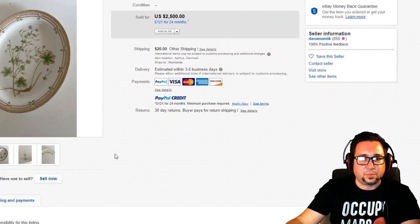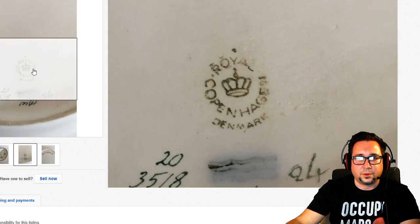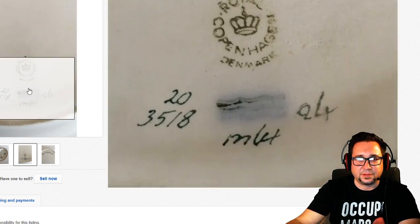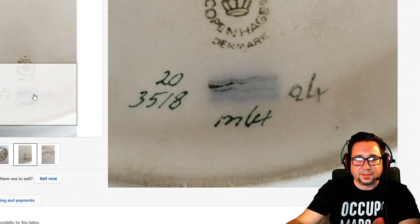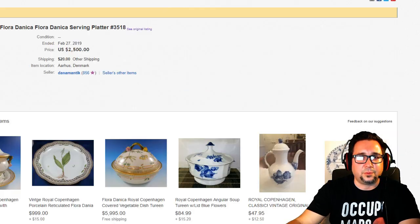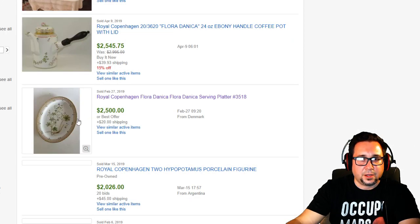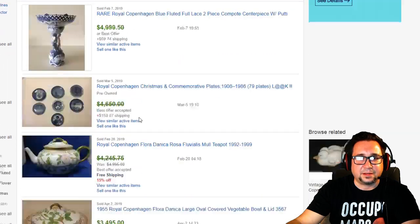When you see these kind of plates, just flip them over and take a look at here. Here is the Royal Copenhagen mark. As you can see here, the three wavy lines have pretty much washed away through the years. This is a very old plate. This plate went for $2,500. And if we actually search for just Flora Danica,